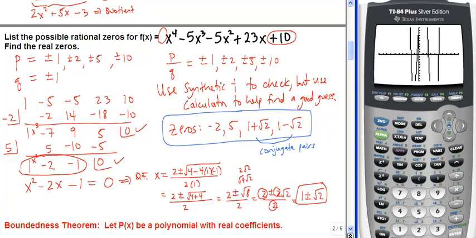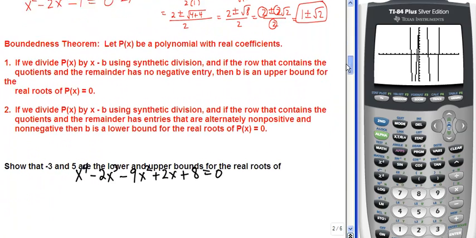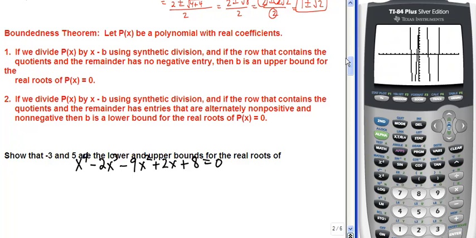And this is also true for complex solutions as well, and we'll see that in some later examples. So anytime you have irrational zeros, they will come in conjugate pairs, and the same with complex zeros as well. They'll come in conjugates. Okay, we'll practice this some more, but before we do that, let's talk about something called